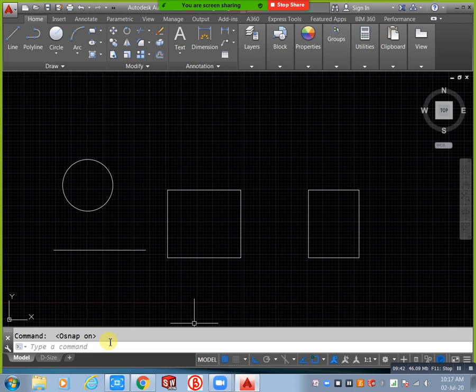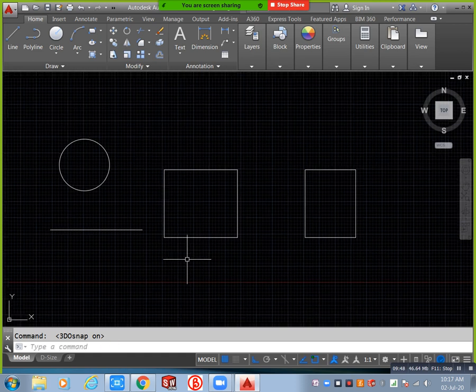Next we go for F5. F5 means plane changing: xy to yz, zx, yz to zx, and zx to xyz. For this type of plane changing we need to use this one. How can we change our plane? By using isometric. For example, you need to prepare one isometric model, not a 3D model, not a 2D model. The isometric standard angle we already know is 30 degrees. Based on that standard angle, we have our inclined lines.